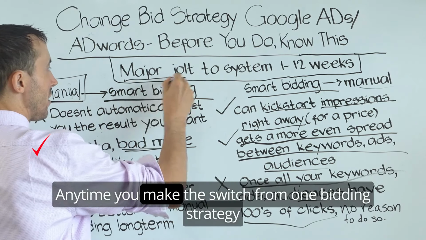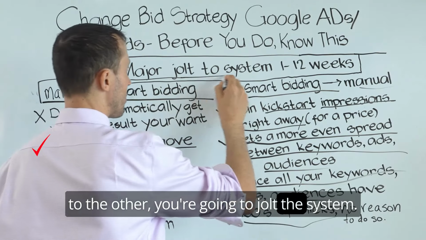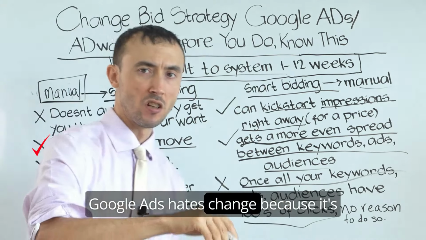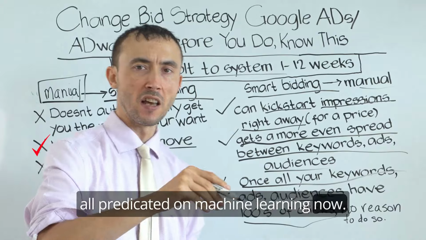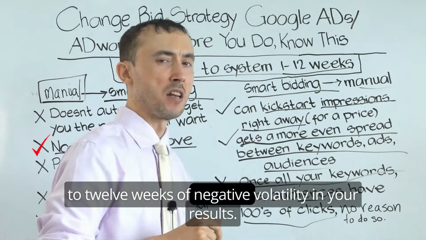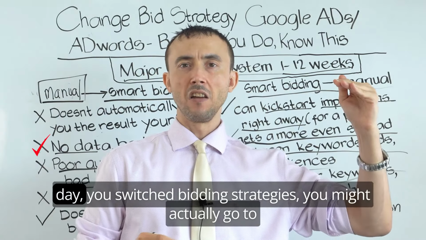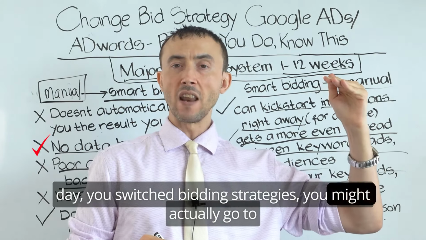Anytime you make the switch from one bidding strategy to the other, you're going to jolt the system. Google Ads hates change because it's all predicated on machine learning now. And you're going to have, by the way, 1 to 12 weeks of negative volatility in your results. So if you were trucking along making $5,000 a day, you switched bidding strategies, you might actually go to $2,000